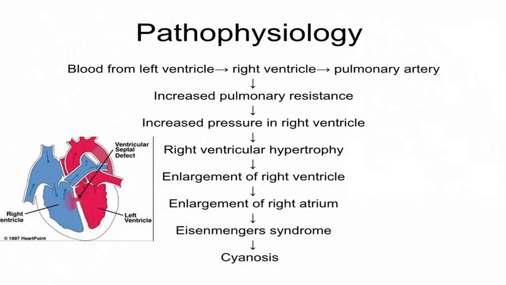Now, if we come to the pathophysiology, it is very easy to understand. Because of ventricular septal defect, LV pressure is more, so blood will flow from LV to RV during systole. That's why oxygenated blood will come to the deoxy side. This will produce volume overload on RV. So there will be increased blood flow into RV, from RV into pulmonary artery. So you will have a pulmonary congestion.